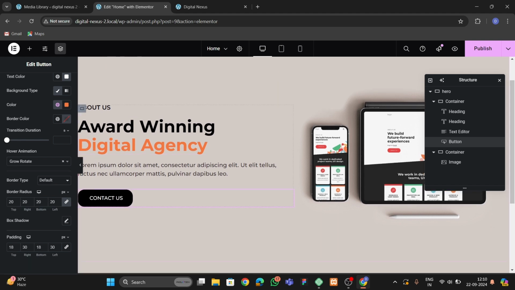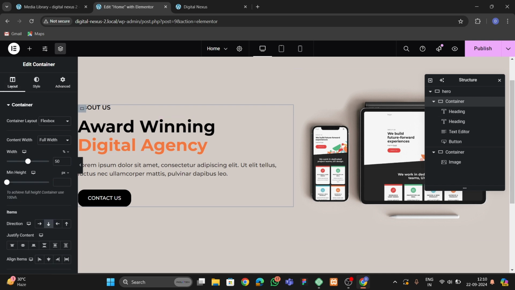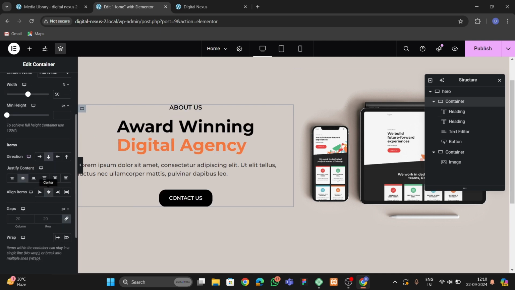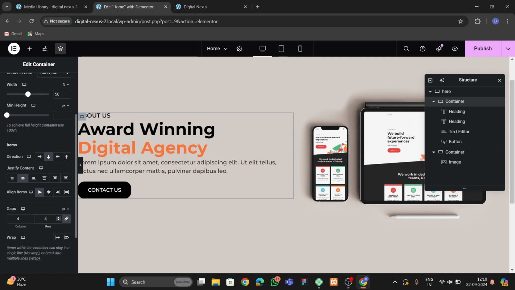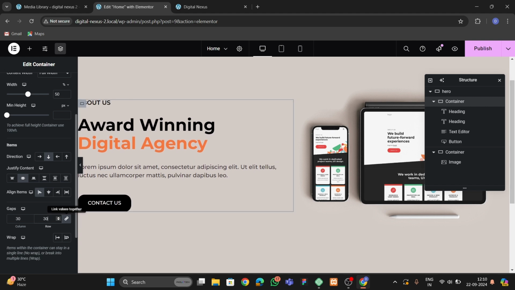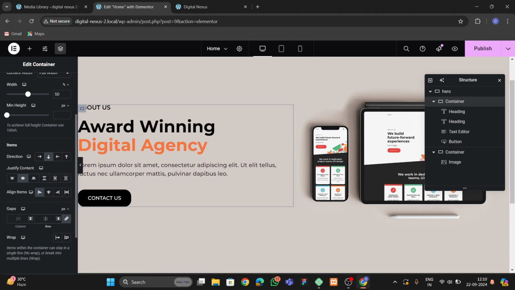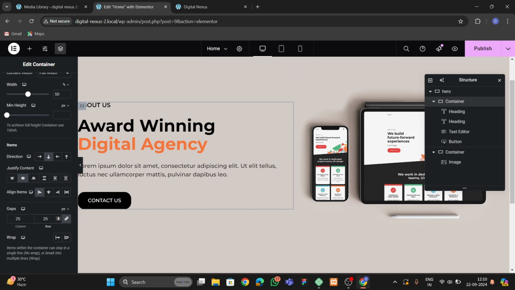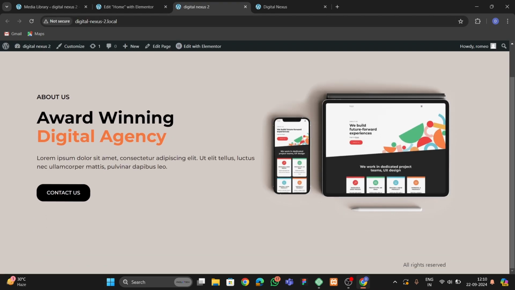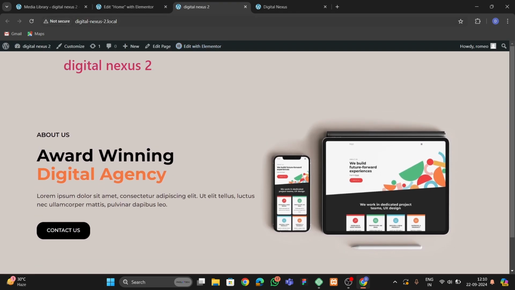And also if you want to give some gap between this, so choose this main container, then go to flexbox, and here add like this, and here you can add the gap of 40 or 30. Okay, something like that. So let me keep this 25, and let's publish this. Then after that we can go to this, and from here we can view the page. So you can see that our first section is ready,